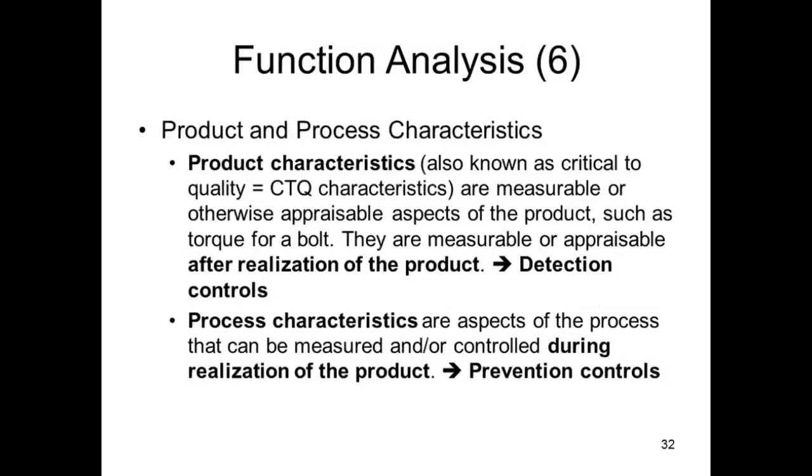Product and process characteristics. Product characteristics are measurable or otherwise appraisable aspects of the product. But the key difference between these, which we're going to need when we get to the risk analysis, is that product characteristics are usually measurable or appraisable only after realization of the product, such as, for example,